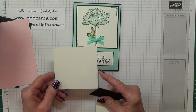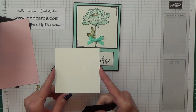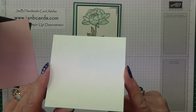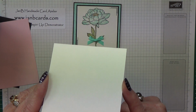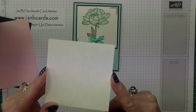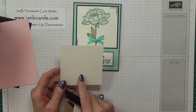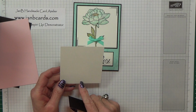A piece of our Shimmery white paper. This is a paper that has a very, very slight shimmer to it. I don't know if you can see that or not. It's very, very faint, but again, it's another of those things. It adds quite a bit to a card, and this measures 3 5/8 square, so that's down there, which is